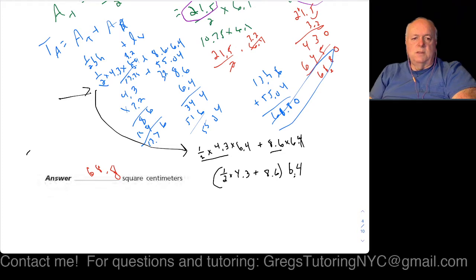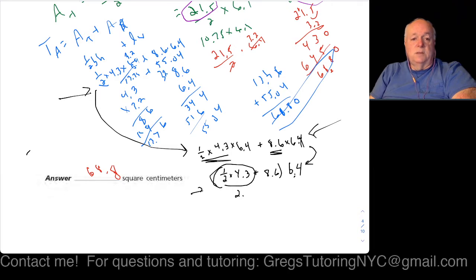What's important to note is that something times 6.4 plus something else times 6.4. This is actually the distributive property, and if you wanted, you could have solved it by doing this right here. I had explained already that to me personally, getting half of 4.3 and then doing the other stuff wasn't worth it. But you could have certainly done that and gotten